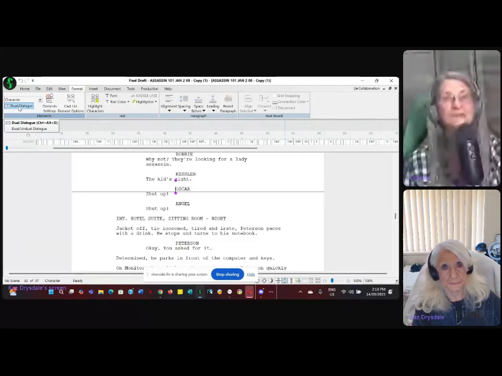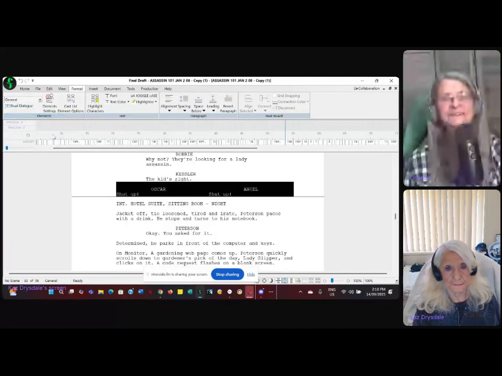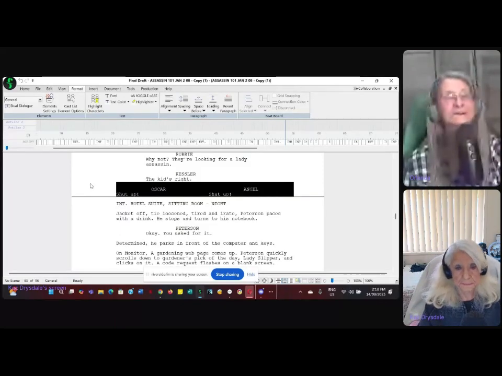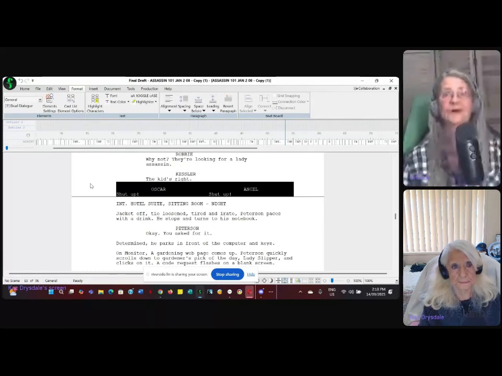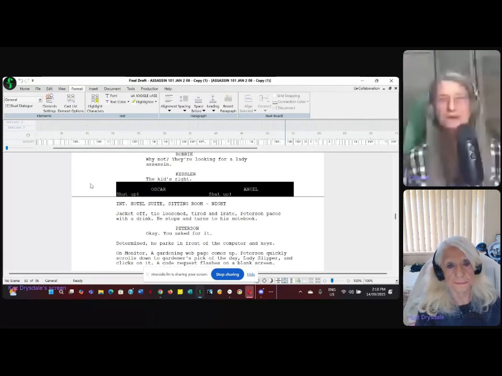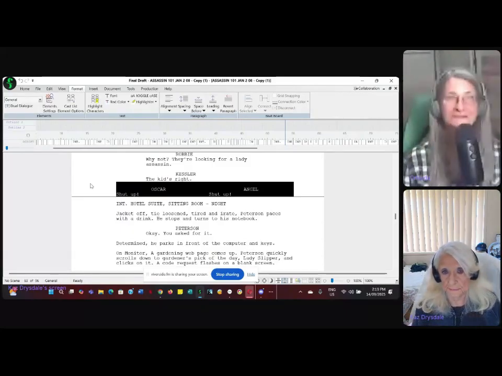Now, this does a neat little trick for us, if Kaz will show us. There you go. Because Oscar and Angel are yelling it at the same time, now it's literally at the same time. It no longer takes up 3 extra lines where you could be adding other details.